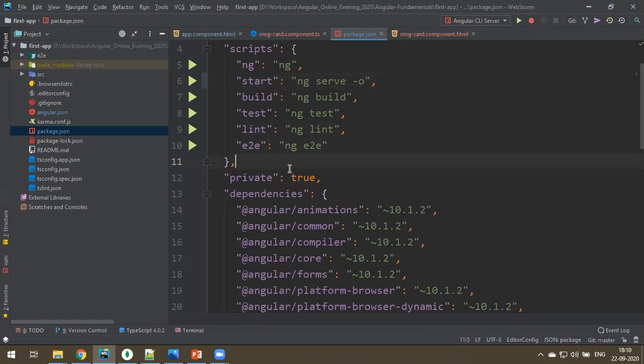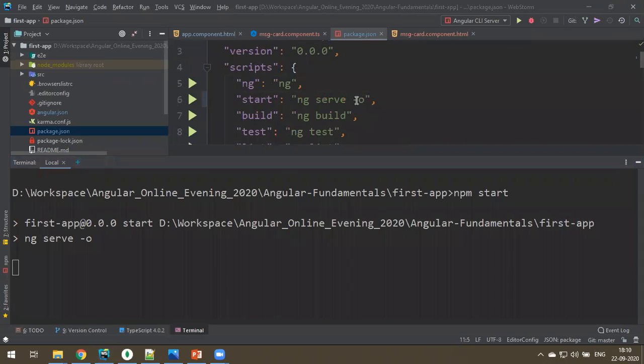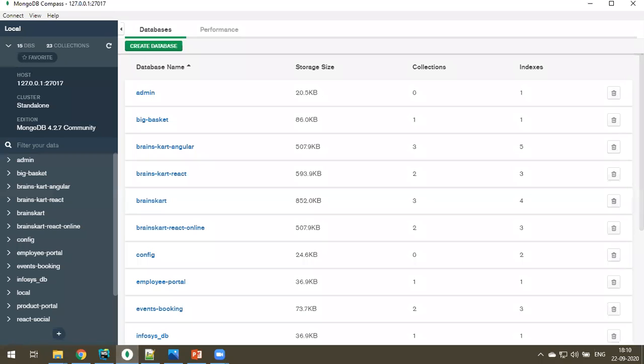This is a small change I want to tell you. So npm start now. I have modified it to hyphen o, not zero, it's the letter o. So even though you enter npm start, it is executing the script. Okay, so it is going to start now. Let me close all other things.